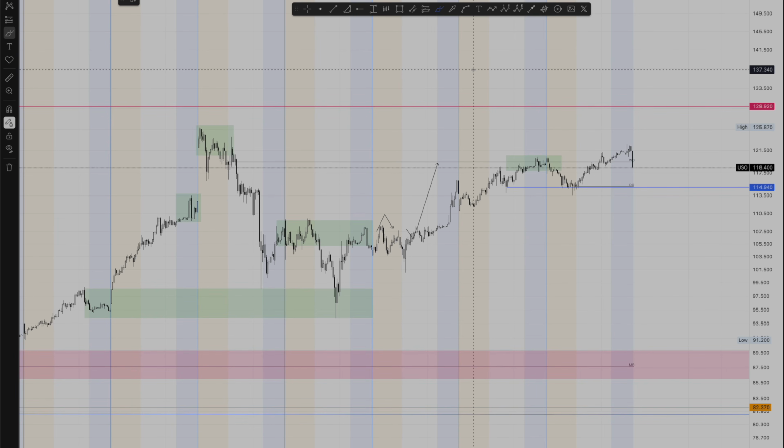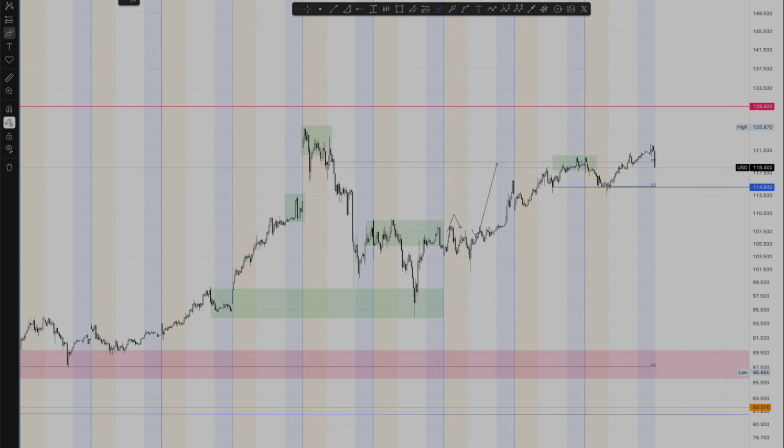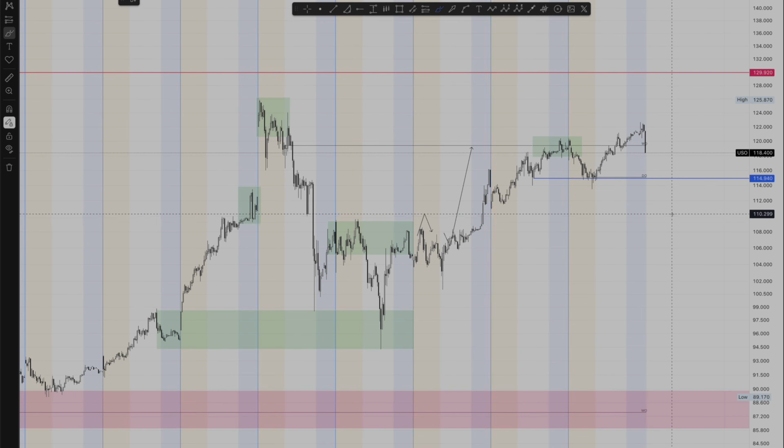So, before getting into the individual trades, let's start with oil. If you remember from my last video and in the Discord, I mentioned that there was a strong probability that USO could move back toward the local highs around the 119 to 120 area. And that's exactly what we saw happen on Friday. The move was largely driven by Middle East tensions, which pushed oil prices higher and created the momentum move into